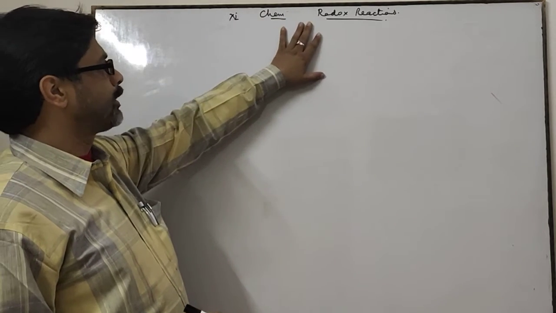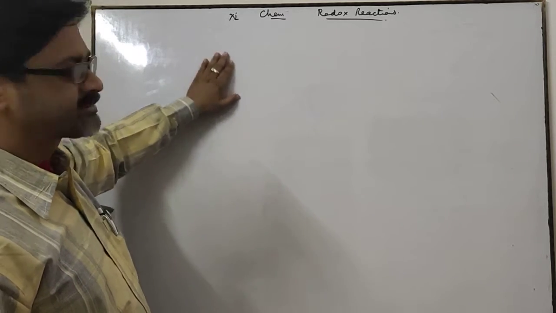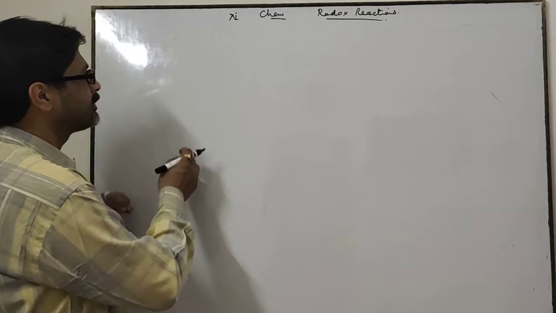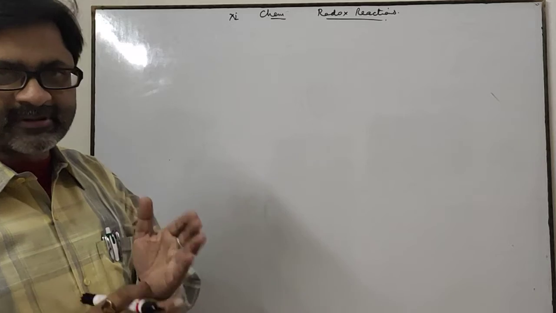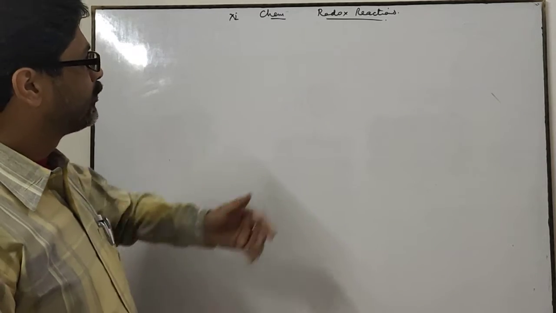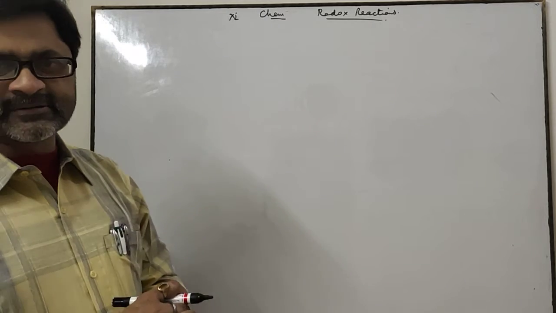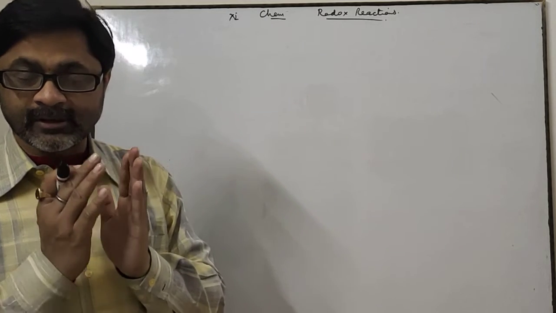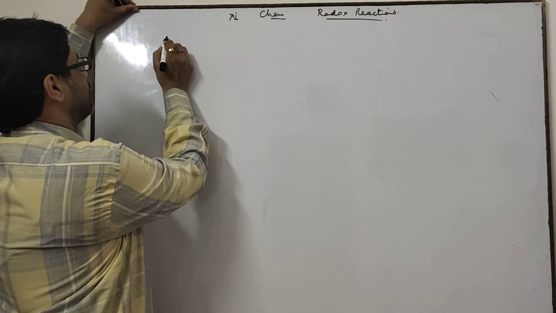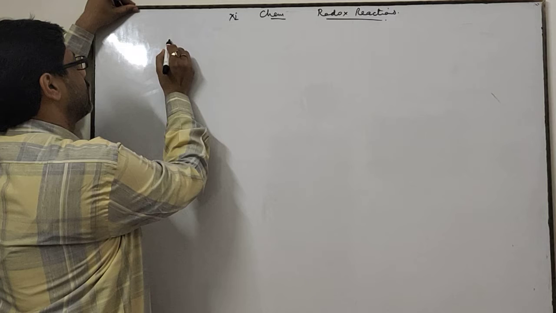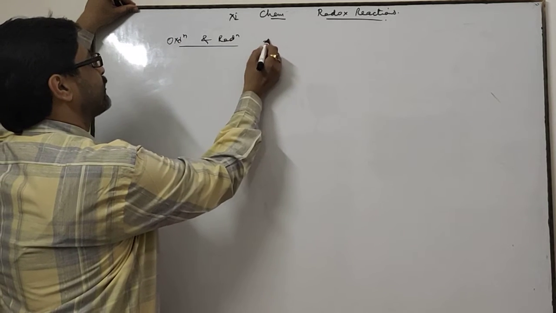I am going to teach you about this chapter, redox reactions of chemistry for class 11th. In this chapter, I have already discussed what is reduction, what is oxidation, what is redox reactions, and reactants, reductants, and oxidants. Now, I am going to discuss the definition of oxidation and reduction on the basis of